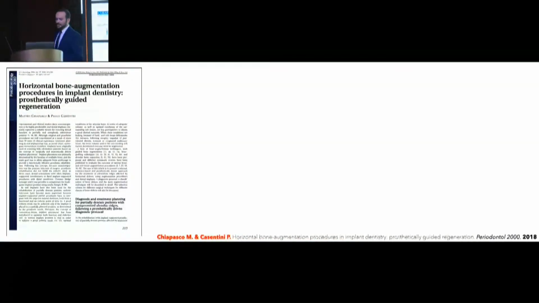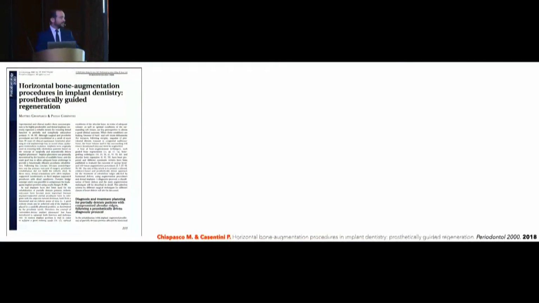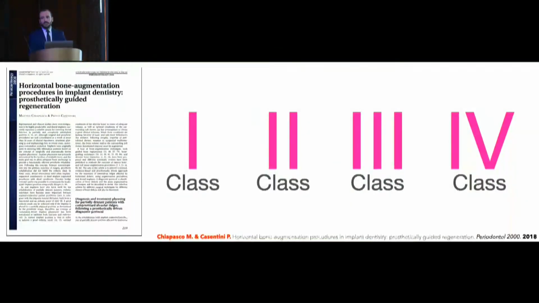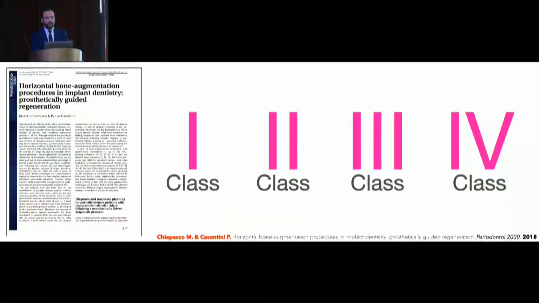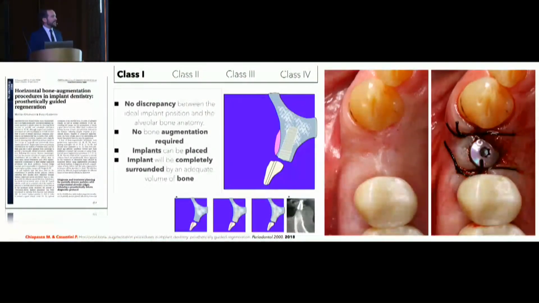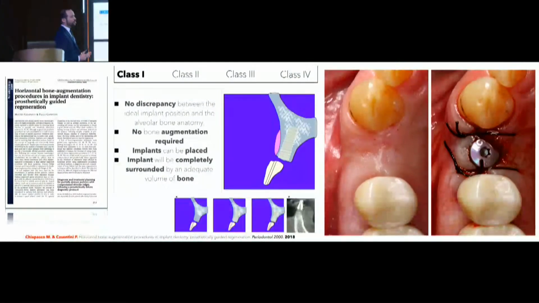So in order to classify these cases and make it a little easier, we're going to use, in my opinion, the more comprehensive classification that we have for horizontal and vertical bone augmentation in dentistry nowadays. This is a classification published by Chiapasco in 2018, that has 4 different classes, 1 to 4. And when we review them one by one, we see that class 1 is when we are able to place